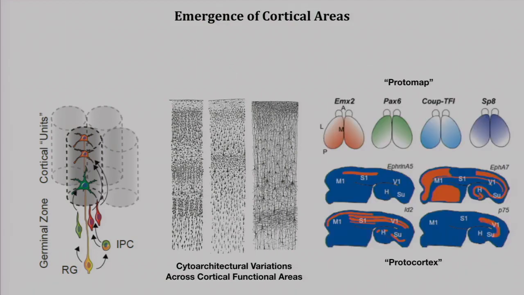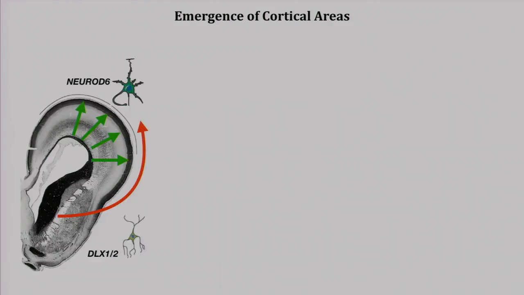It has been appreciated for several years that developmental gradients of transcription factors establish, or may establish, differences in the cellular compositions in different areas. And it has also been hypothesized that expression of genes selectively in different areas of the cerebral cortex may lay out a protocortex that emergent axons, thalamocortical axons especially, may selectively choose to terminate in different cortical areas. So in order to address this in a more unbiased way using single-cell sequencing, we decided to